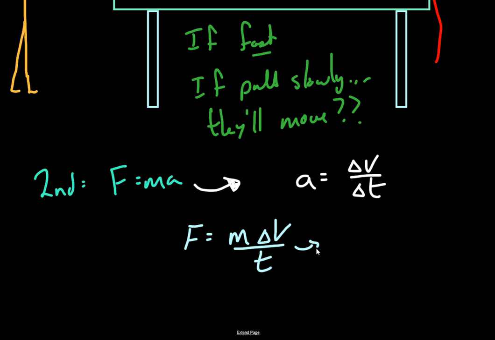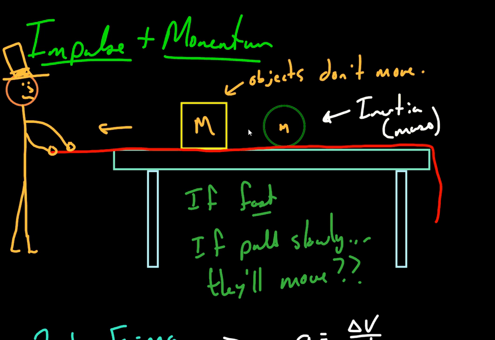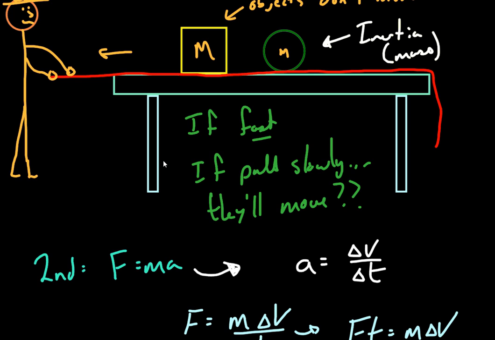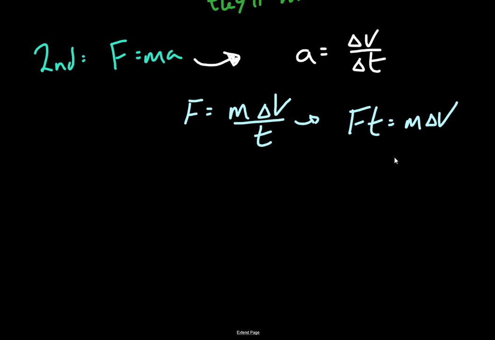And then we can rearrange it to look like this: F t equals m delta v. So if we rewrite this formula in this way, we can start to see that there's a little more to it than simply, okay, these have inertia, so they won't move. And we realize that if we pull this slowly, they will move. So why is that, right? Here, as far as I'm aware, this is the way that Newton actually thought about